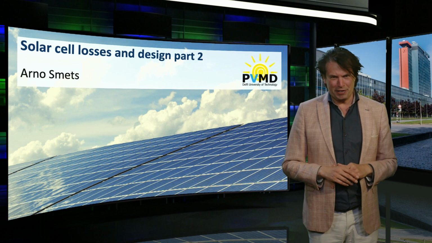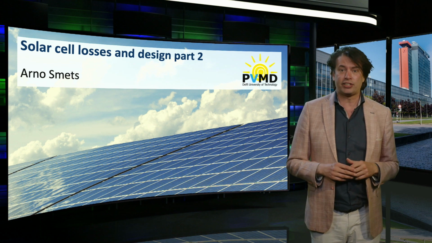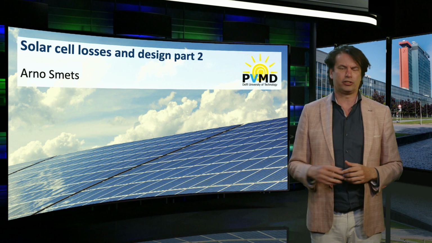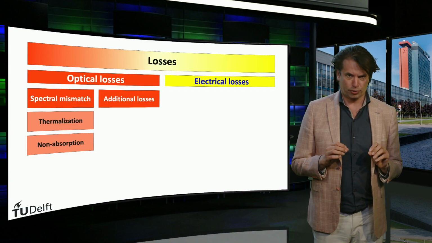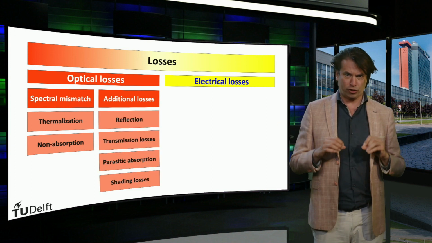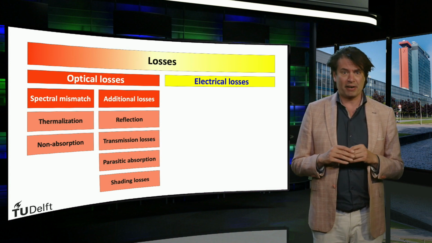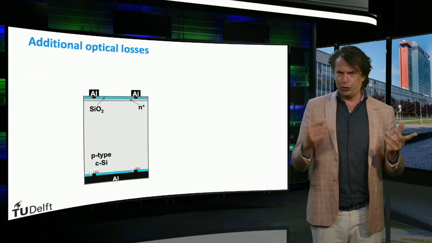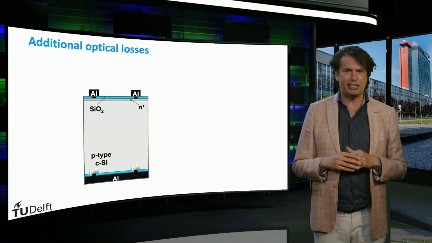In the previous video, we looked at the basic design of crystalline silicon solar cells, and we started our discussion of the losses that occur in solar cells. We have introduced spectral mismatch losses. We will now continue with the additional losses that occur in solar cells, such as reflection and transmission losses, parasitic absorption, and shading losses. We will use the standard crystalline silicon solar cells shown here to demonstrate each of these